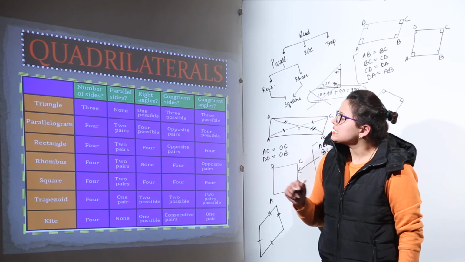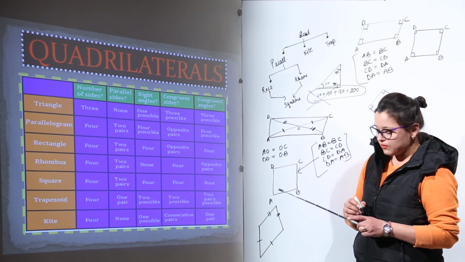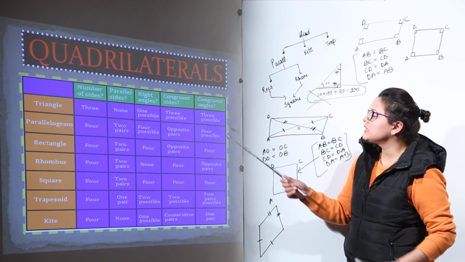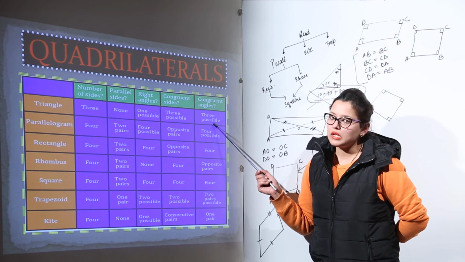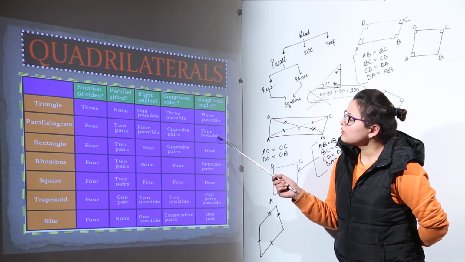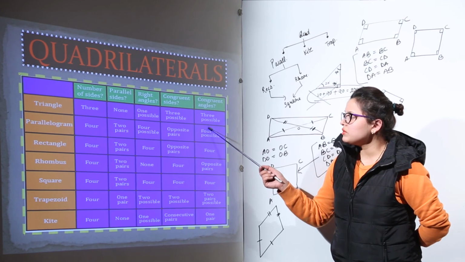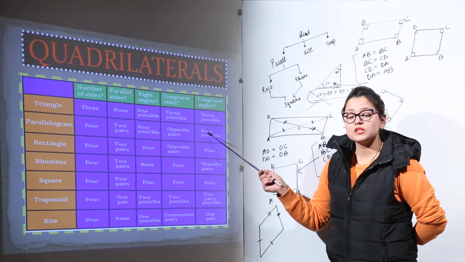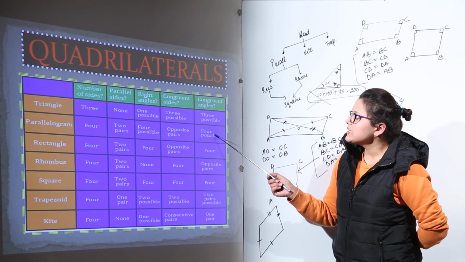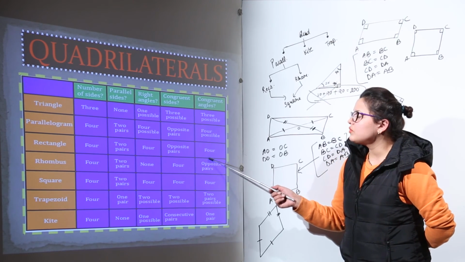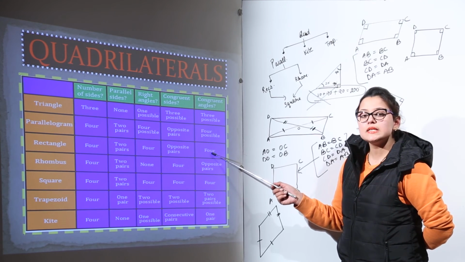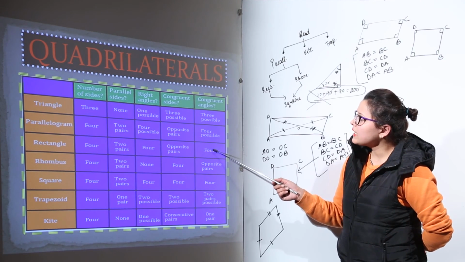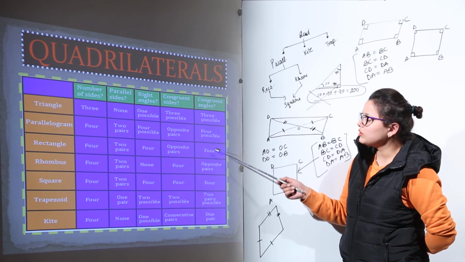The last property is the congruent angles. Now we have the triangle. Here all the three angles can be congruent, that is three angles can be equal to each other. We have done that. Next is the parallelogram. All four can be congruent to each other, and that case would become the case of a rectangle. Yes, the next is a rectangle. All the four angles are equal to 90 degrees as we have done the properties. So we can say that a rectangle can have all the four angles as congruent angles.